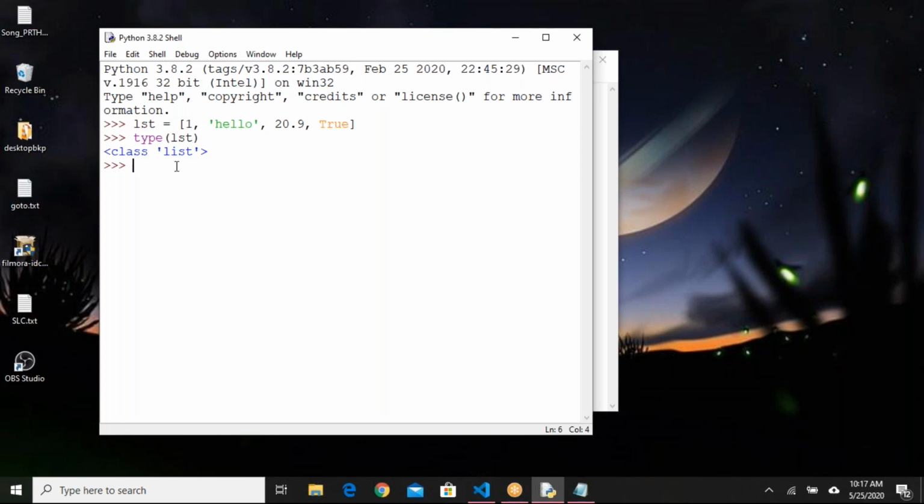Okay, these are the operations we need to learn. How to read data from an object, or how to read data in different ways. What are the different ways to read the data from the object, that we need to learn. How to update the data, how to add new data, how to delete a specific data. These are the things we need to learn. Okay, let us see one by one.